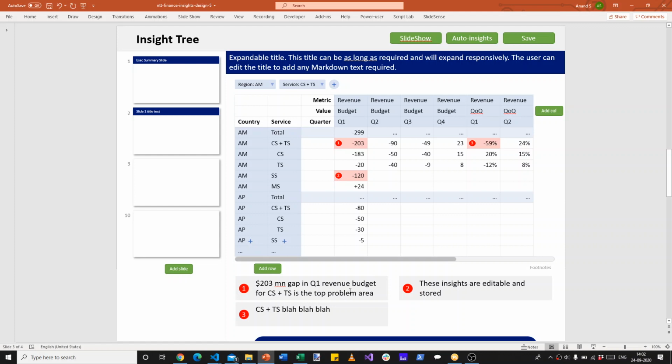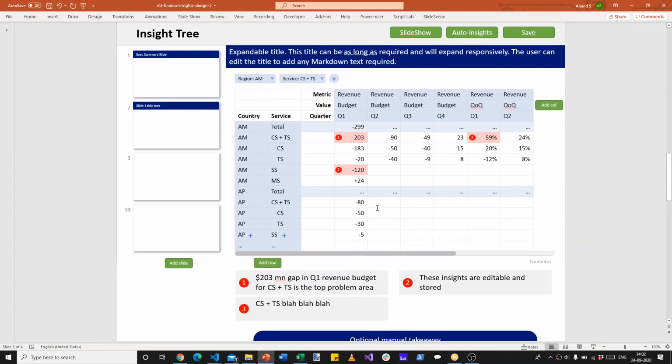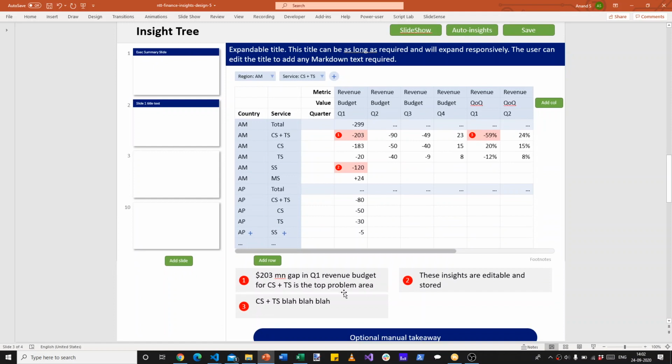So in other words, there are 2 ways of seeing the same insight. One, read it like below. You don't have to click anywhere, just see and absorb. Though of course why you have to scroll all the way to the bottom to see it is an open question. Maybe it shouldn't be at the bottom, it should be at the top perhaps. And the second is click on a cell and see the insight, and that applies to any cell.